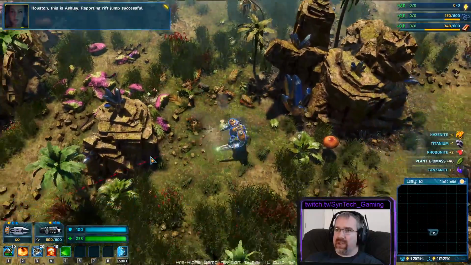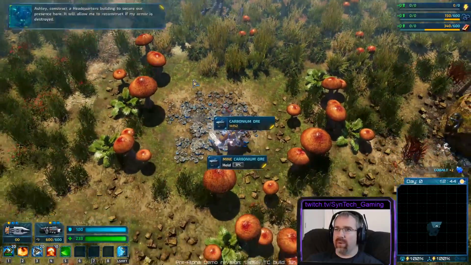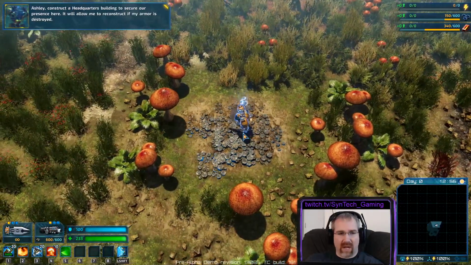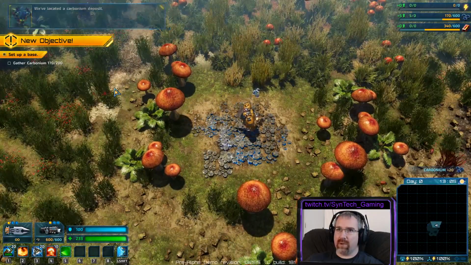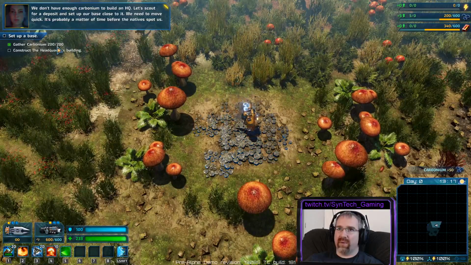So I just teleported in here, we're moving around. I know that there is a Carbonium patch up here to the north, and one of our first objectives is to find a Carbonium patch. So I'm going to go ahead and start mining this Carbonium patch by standing on top of it and holding the spacebar. You can see that our first mission is to gather 200 Carbonium, and we're at 195 out of